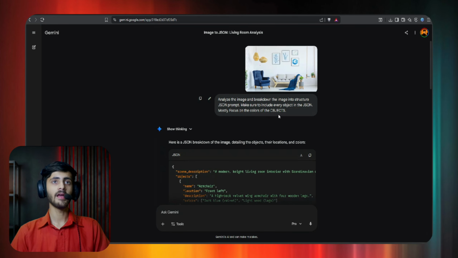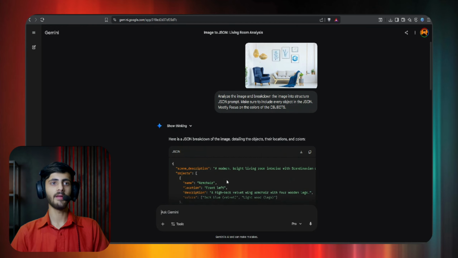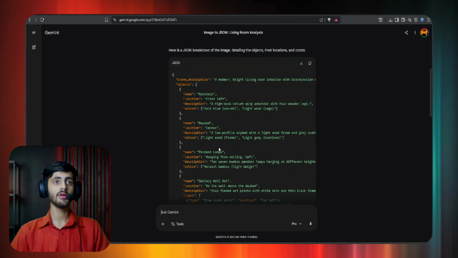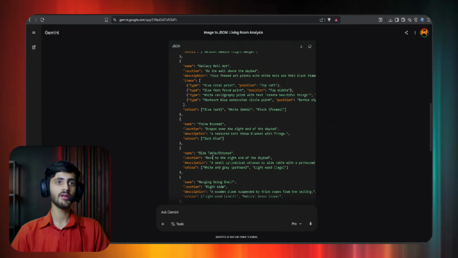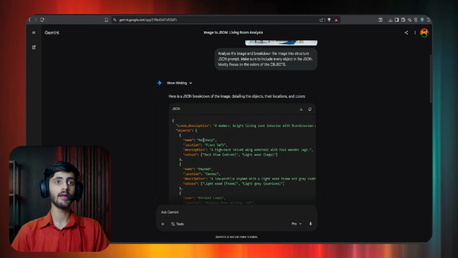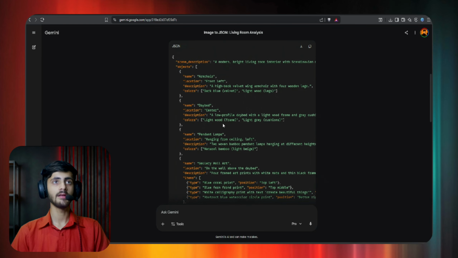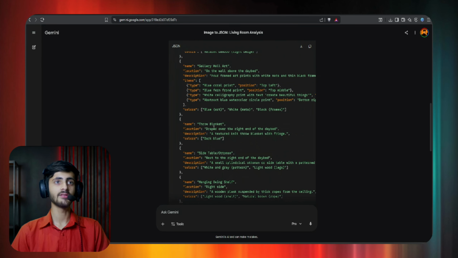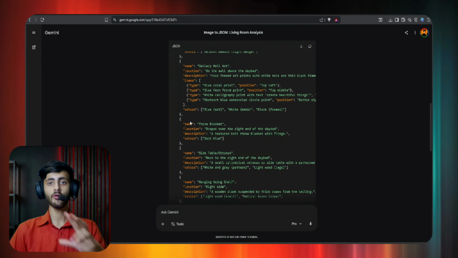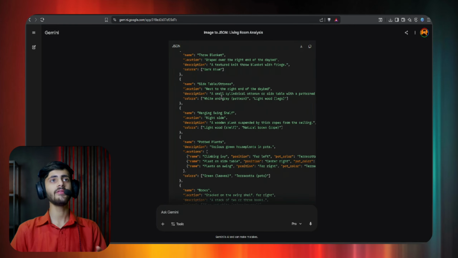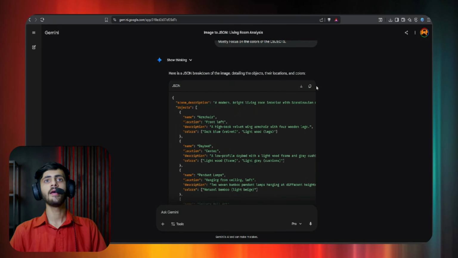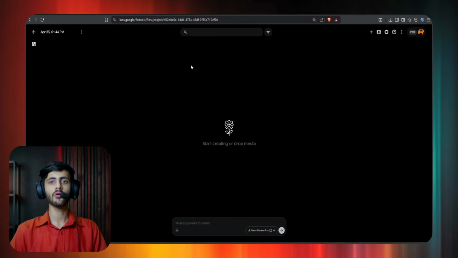So what we have to do is just change the color of the chair and the blanket or whatever cloth that is. So I'm going to search for the chair and the blanket. Here is the armchair, and here is the throw blanket, and I want to change both colors into orange. Now what I have to do is copy this whole JSON prompt and go to flow.google.com. This tool is named Google Flow, which you can access for completely free, and here you can generate unlimited images for free using the Nano Banana Pro or the Nano Banana 2.